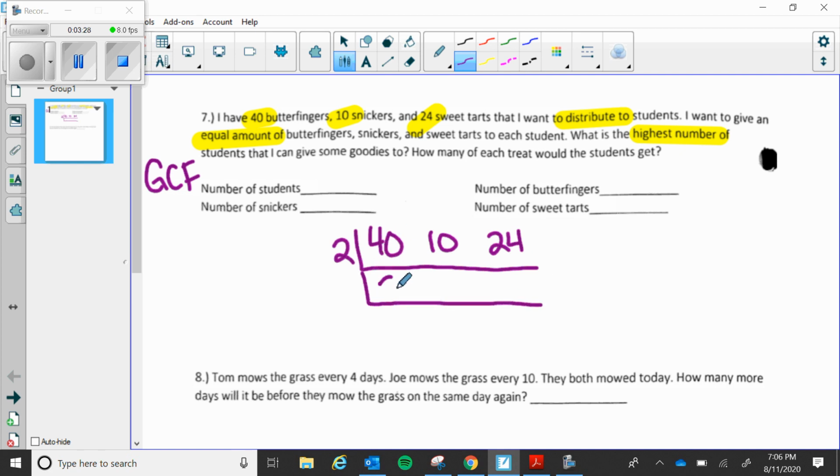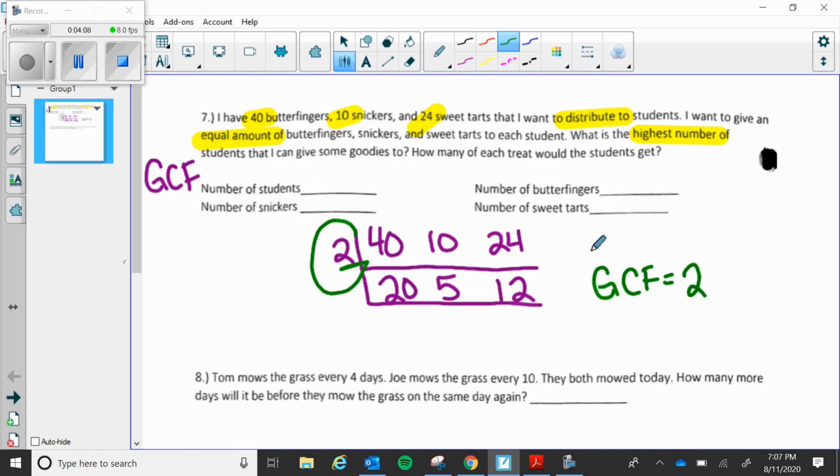40 divided by 2 is 20. 10 divided by 2 is 5. And 24 divided by 2 is 12. So now let's look and see if there is another factor or another number that can go into all three of these numbers evenly. Unfortunately, there's not. So this is actually where we stop. Because we're stopping and we're solving for GCF, you're going to make your G on the side. And there's only one number in our G,